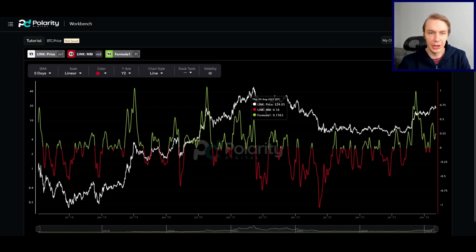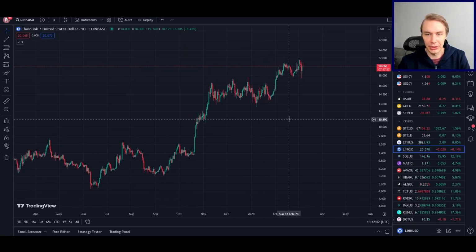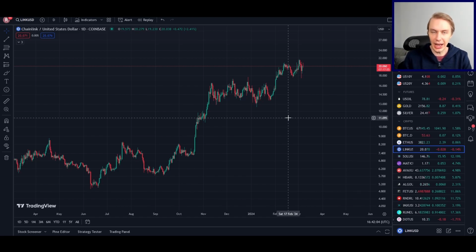And that's where I think it's really important to keep all of this in mind with something like Link. Something like Link is a very hated asset in a lot of ways. On X and elsewhere, a lot of reply guys show up to basically say it's never going to do anything. Its price action is really weak compared to other assets. Why would you ever buy it? But there's some things that we need to think about here.